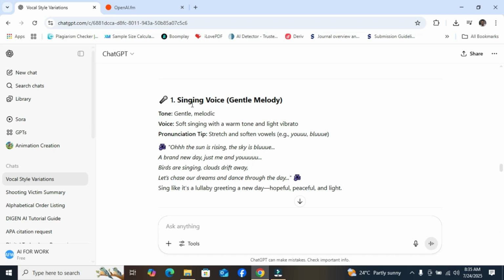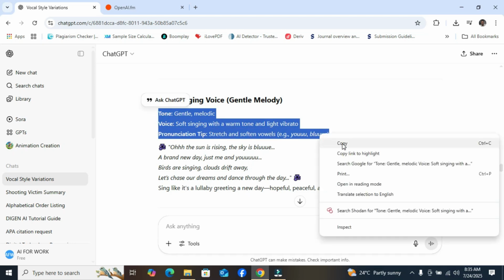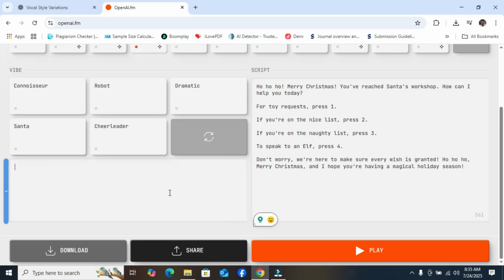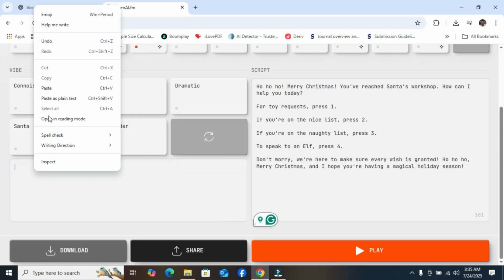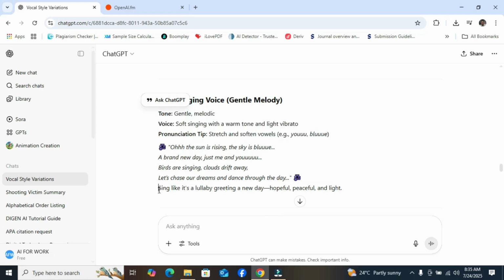Let's look at the singing voice, the one I got from ChatGPT. You copy this, then you come to OpenAI FM, then you paste it here, and look at this one singing like it's a lullaby greeting.